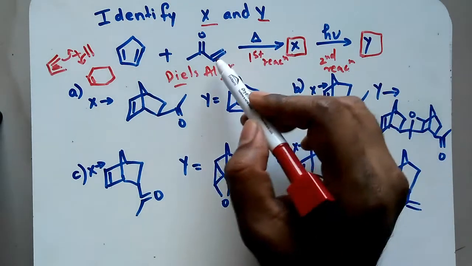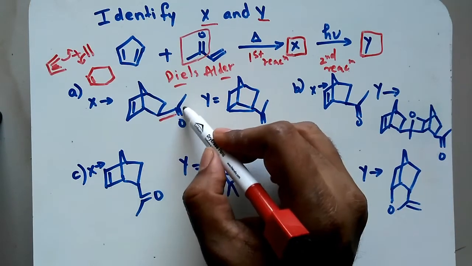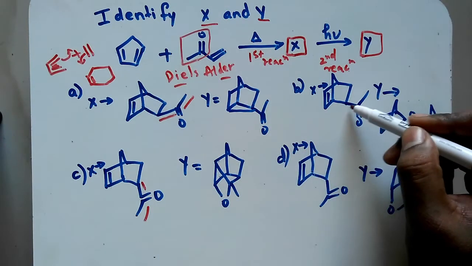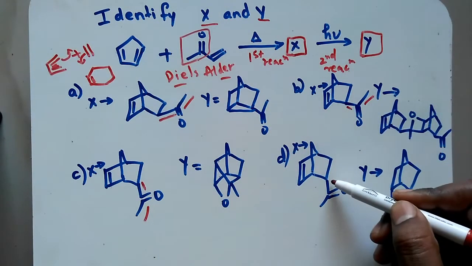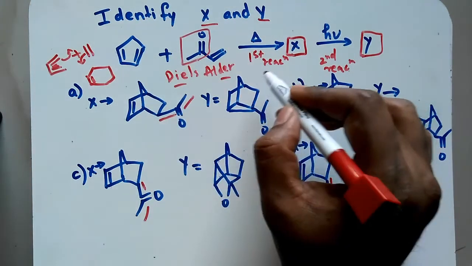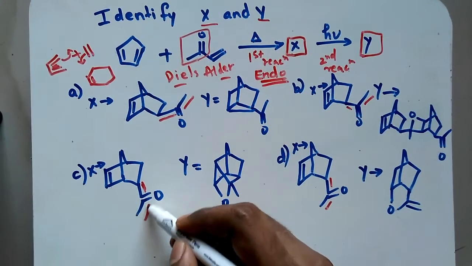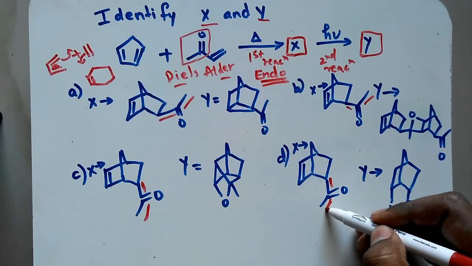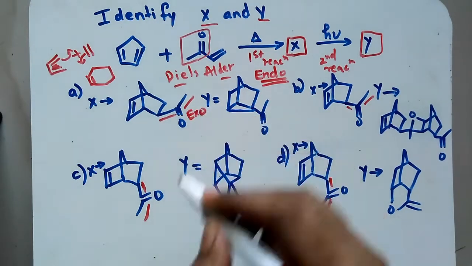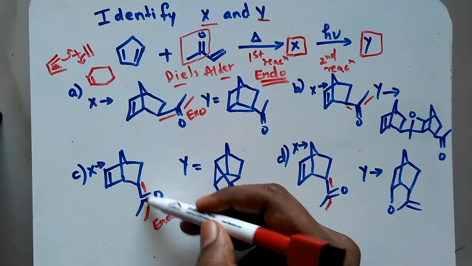Now the problem is we have a group over here. It can come above the plane of the paper or it can be shown below the plane of the paper. In this case it's shown above the plane of the paper, and in this case it is shown below the plane of the paper. So just remember, in Diels-Alder reaction, the endo product is favored. Endo product means downwards. Whenever it is down, it is more favored than the exo product. This is exo and this is endo. Exo means above the plane of the paper, endo means below.